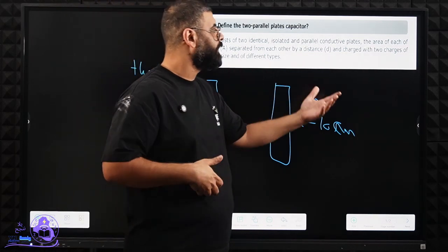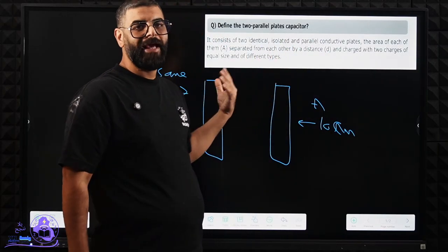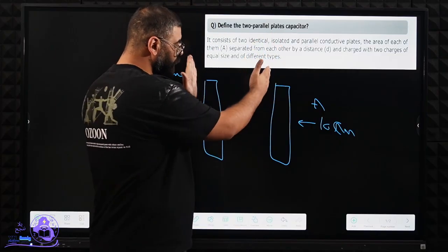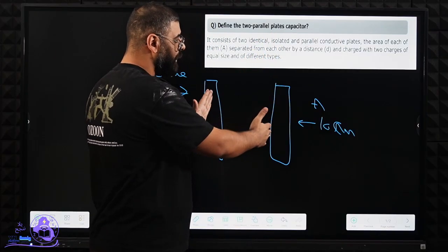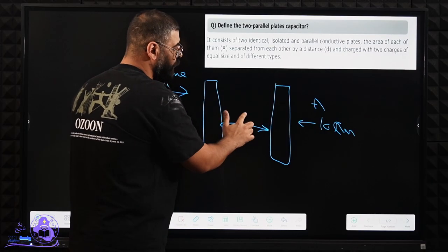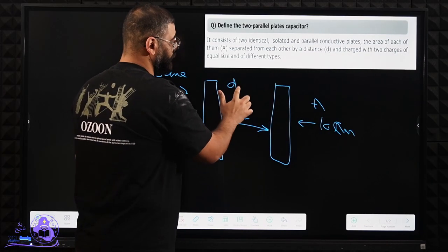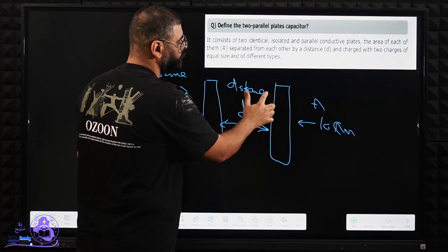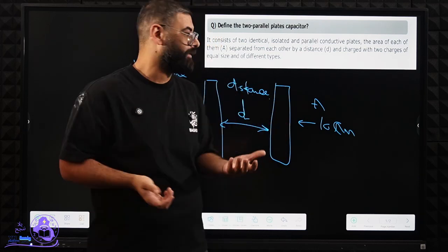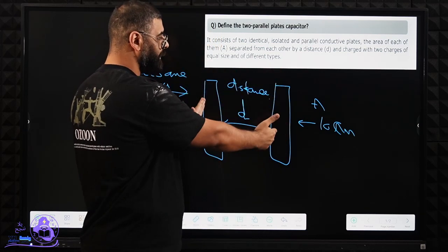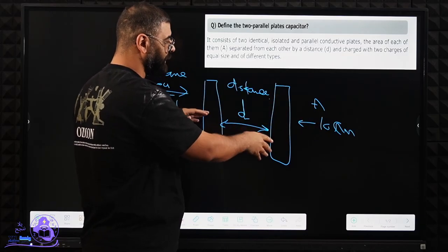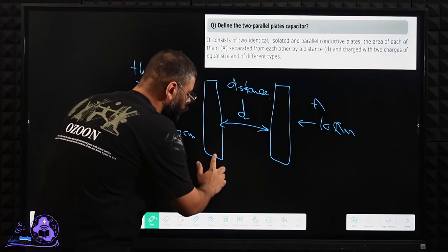And then we have to mention that they are conductive. The plates should be conductive plates. And then we should mention that these two parallel plates are separated by a distance called D. So this is the distance between them, which we call D. Okay. This is the general definition of the capacitor. Two parallel plates of the same area, separated by the distance D, and both of them contain charges,